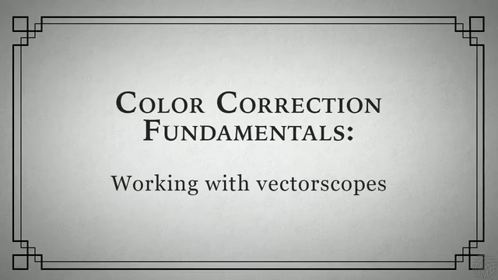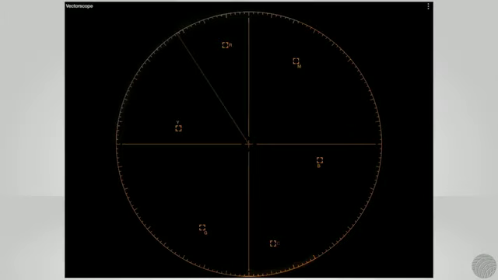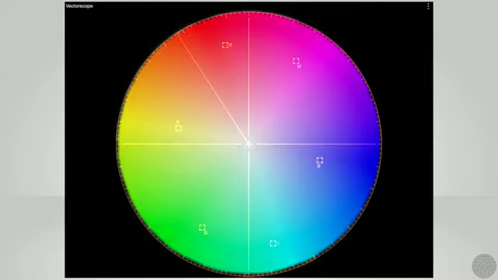Another helpful scope for evaluating color in the frame is the vectorscope. The vectorscope reveals where colors in the frame are falling in the context of a color wheel. If we overlay the vectorscope on a color wheel, you'll see that 6 labeled squares correspond to the 6 primary and secondary colors: R for red, Y for yellow, G for green, C for cyan, B for blue, and M